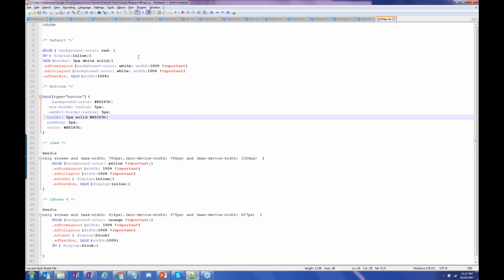And just to avoid confusion here, let me jump into my CSS file right now. So I've got these styles here. I'm saying for any of the form layout tags in my HTML, which is my view.xsl file in that InfoPath form, make sure that the width is 100%. And that's important because there might be other styles that InfoPath uses by default. So I just want to make sure that this is what's being followed first. So XD form layout. Then I also added the XD co layout for my columns to be 100% because